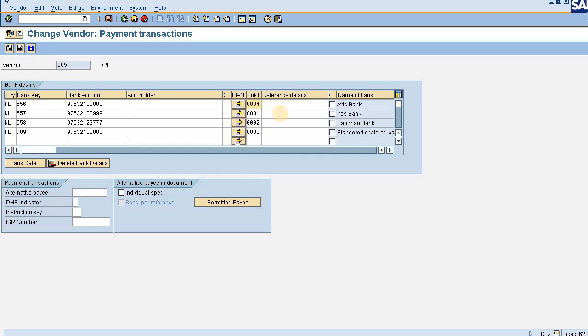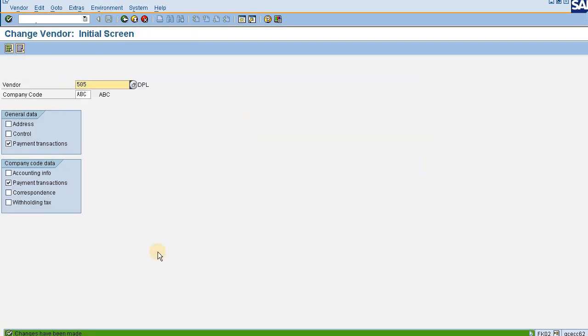So my first ranking is given to the Yes Bank. So once I pay, all my payment should be given to this account that ends with 3999. So let me save it. Yes, it is saved. Now I'll post a vendor invoice /n FB60,